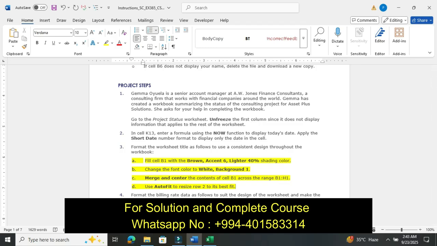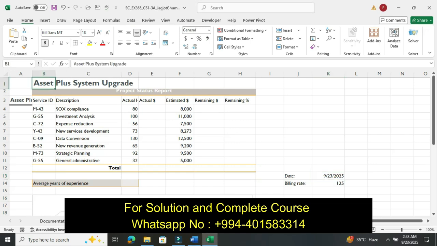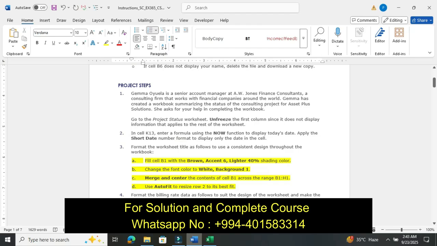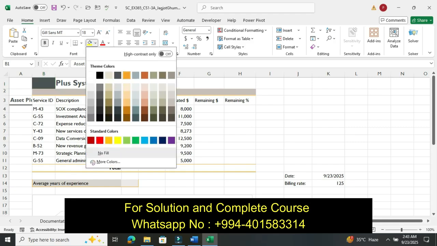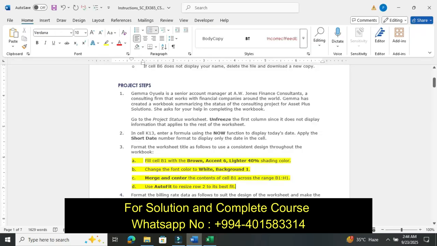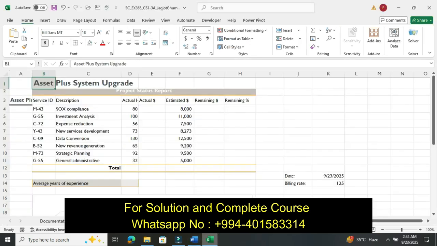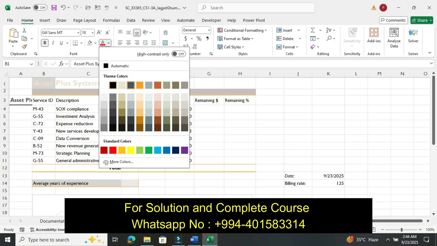Fill the cell with Brown Accent 6, Lighter 40% shading color. In cell B1, insert the shading color Brown Accent 6, Lighter 40%. Then change the font color to white background.